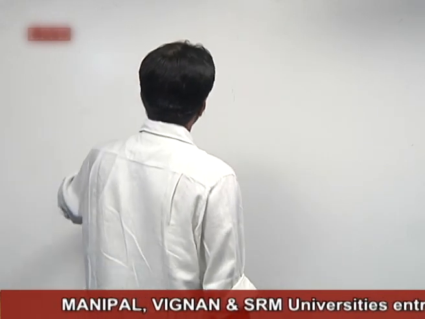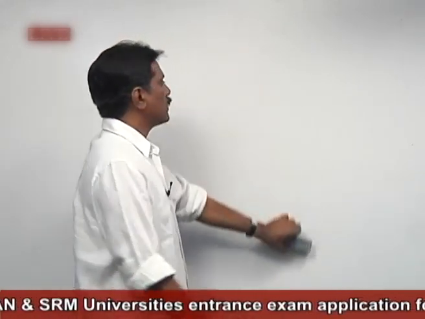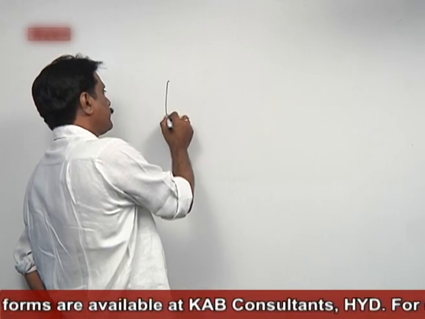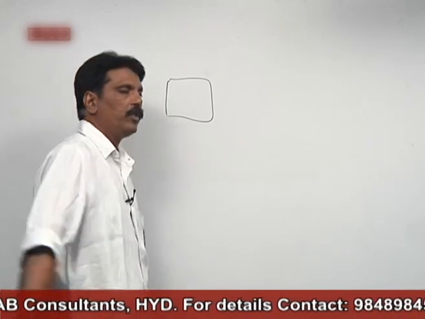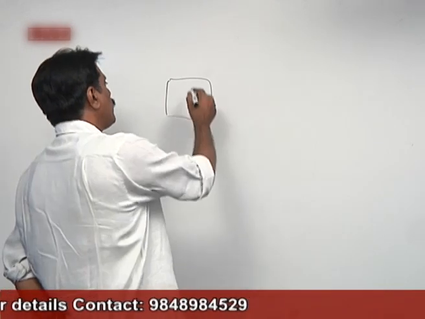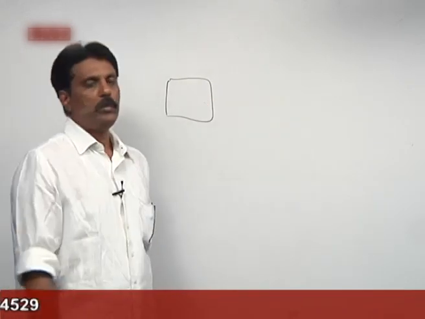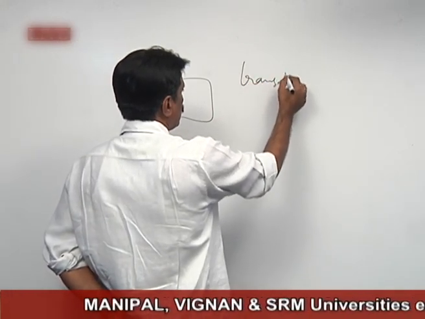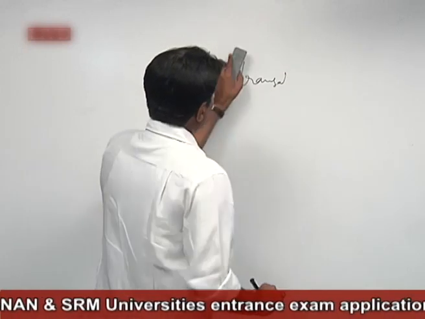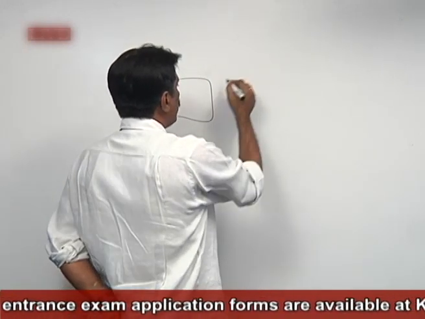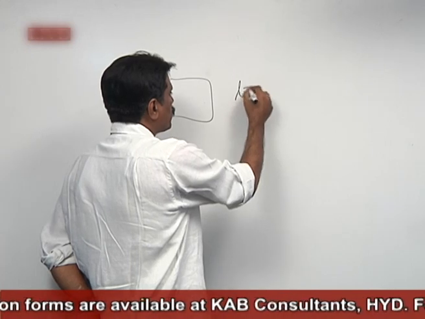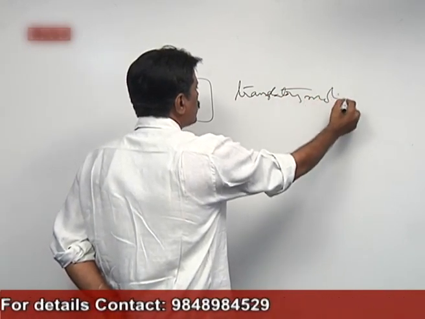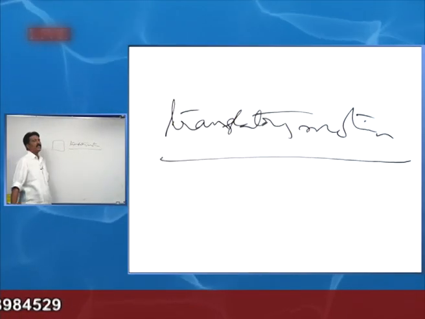Now let us briefly discuss various kinds of motion of center of mass. Suppose you take a body. The body can have linear motion or translatory motion. A body can have translatory motion. When the body is having translatory motion, center of mass will also be in translatory motion.